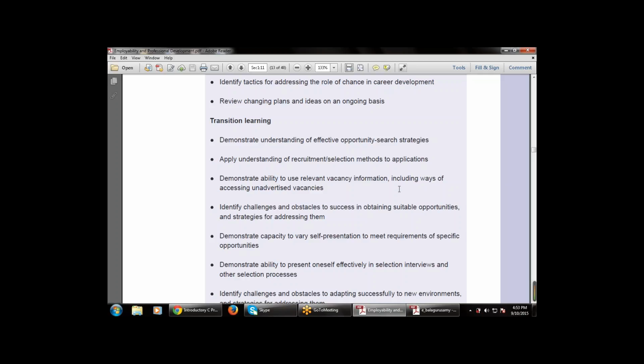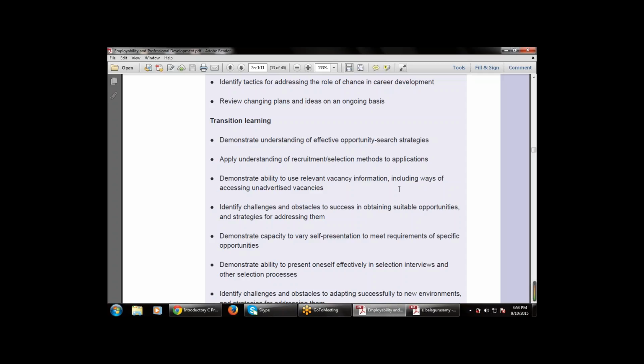That is, what are the various challenges, or what are the various factors used to define an obstacle to success in obtaining a suitable opportunity? What are the various opportunities, and what are the various strategies to address the opportunity used in career development? So identify the challenges and the obstacles to success in obtaining suitable opportunities, and strategies